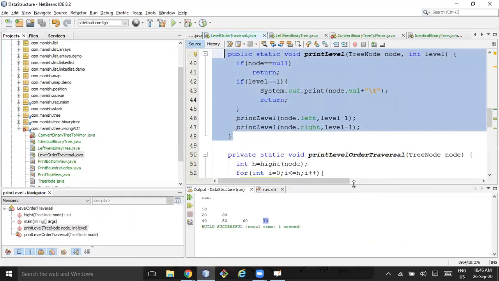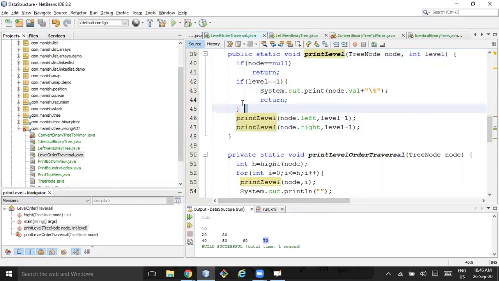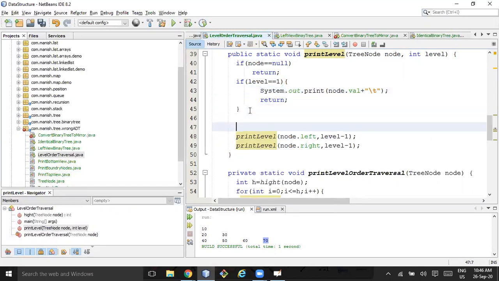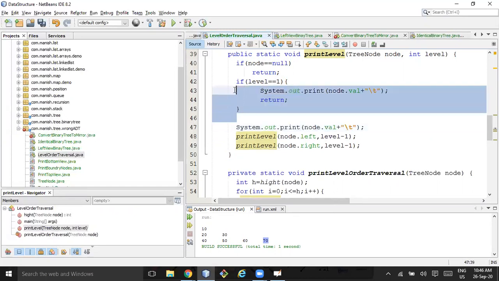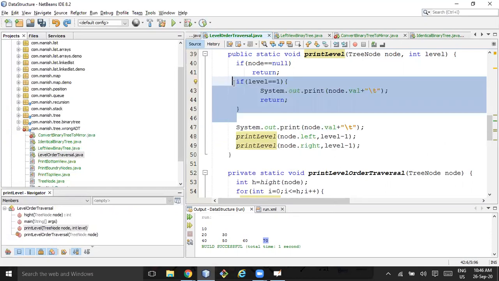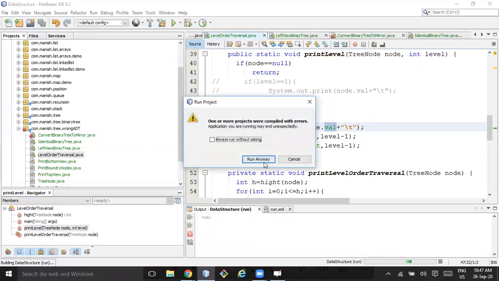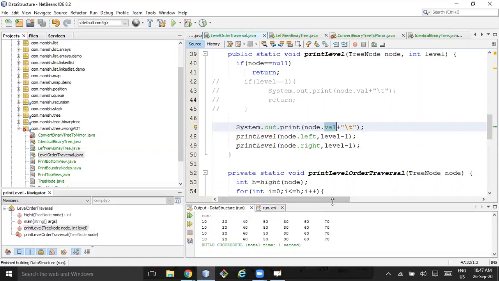Okay, let me make you understand like this. If I write system.out.println and I'm just running it, let's see what is happening.